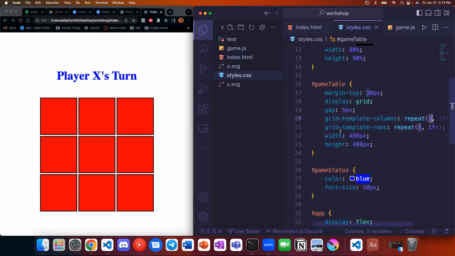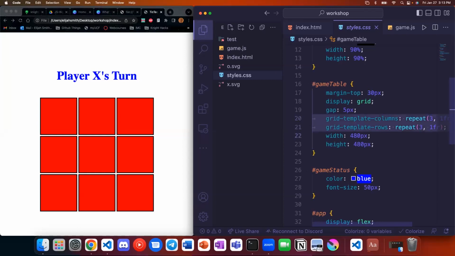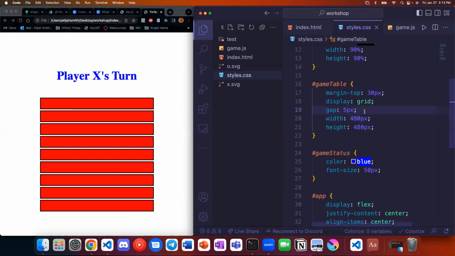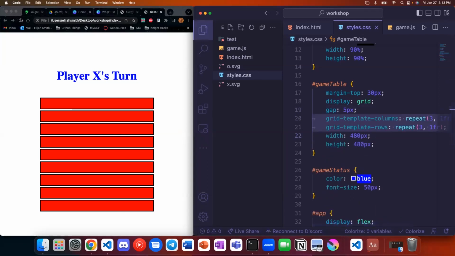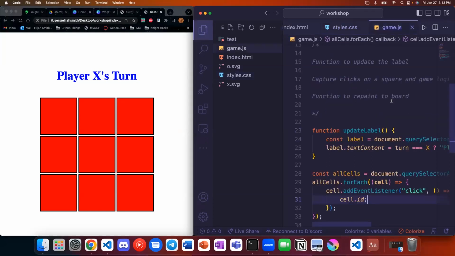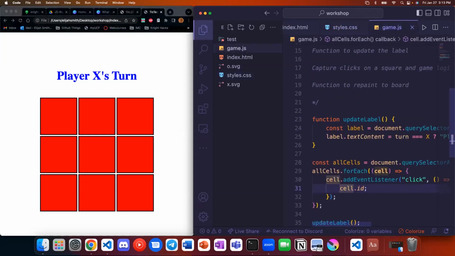If I didn't have these lines in here, let's actually experiment with that for a second. If I took these lines out, now it's just one after another, and that's not super helpful. So instead, we have rows and columns, and they're all square. Okay, so our cell.id gets us the number.